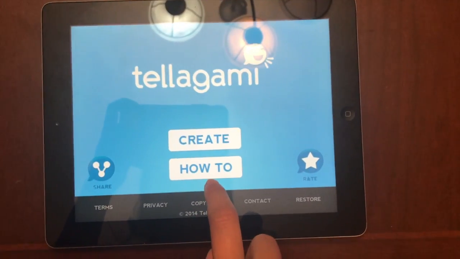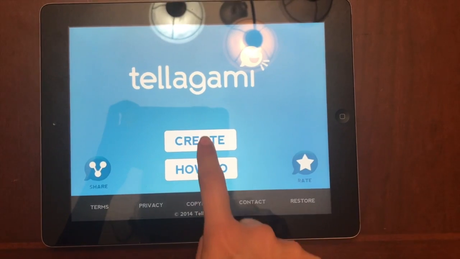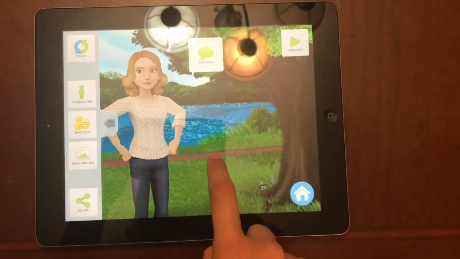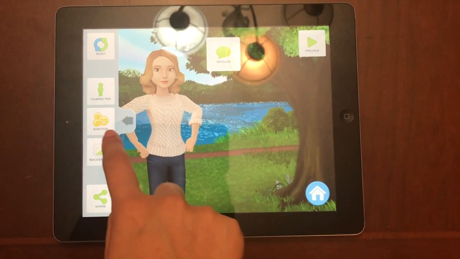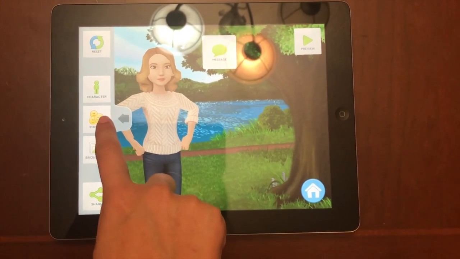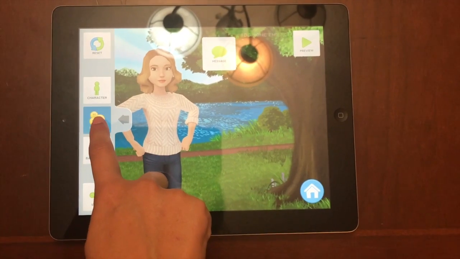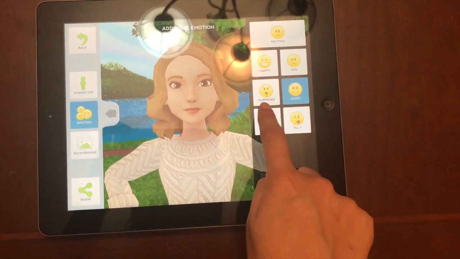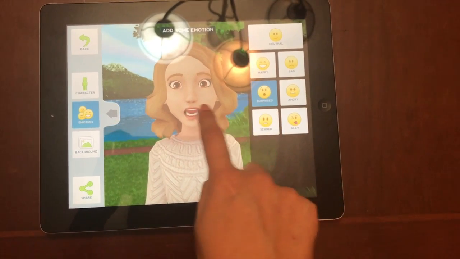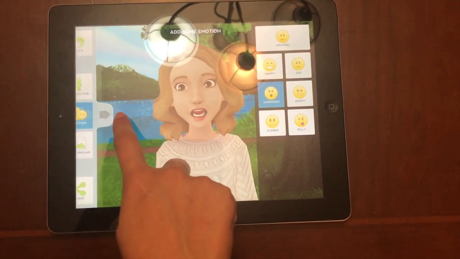The avatar will be done in an app called Telegami. They will create the avatar. They will be able to edit the character, the emotions, the background. So for example, the emotions, they can click it, and then over here they can choose if it's angry, mad, surprised, and then from there they go back,